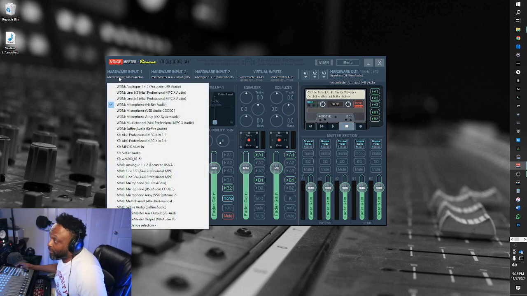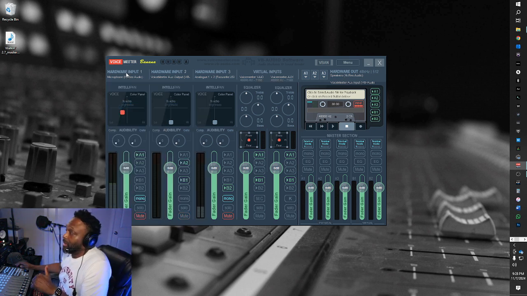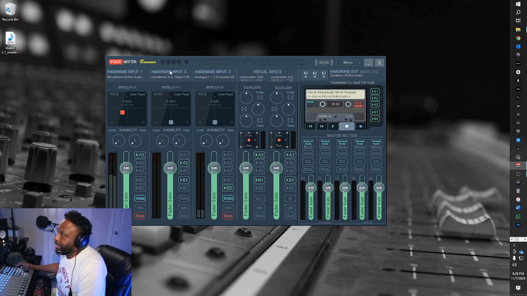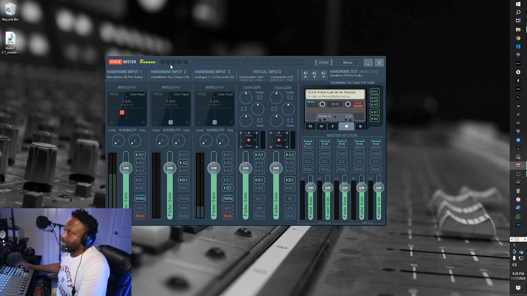Whatever microphone you're using, choose the WDM version of that, whether it's USB. If it's going through your interface, then you need to choose your interface. So choose whatever microphone you're going to be using for your voice. On hardware input 2, I have it set to VoicemeeterAUX output. VoicemeeterAUX output. Okay, so